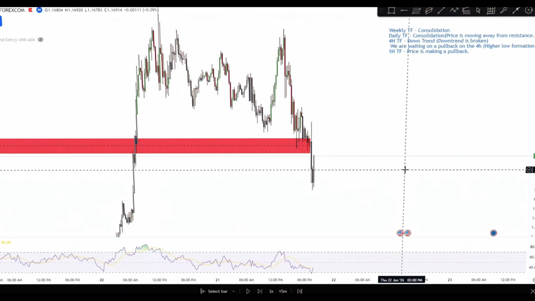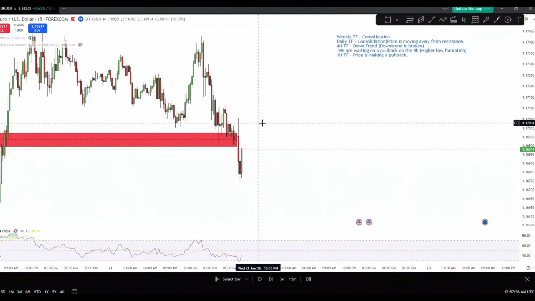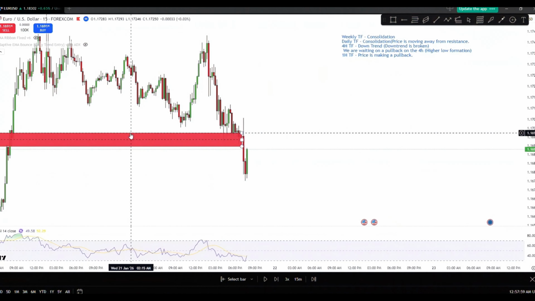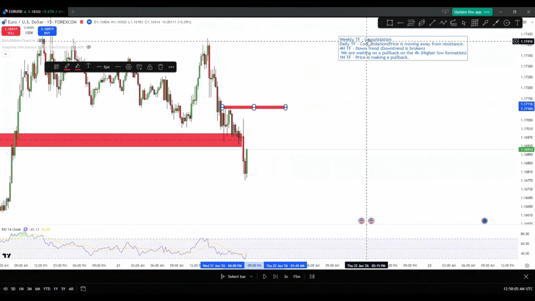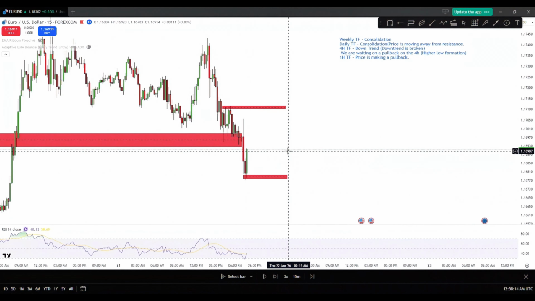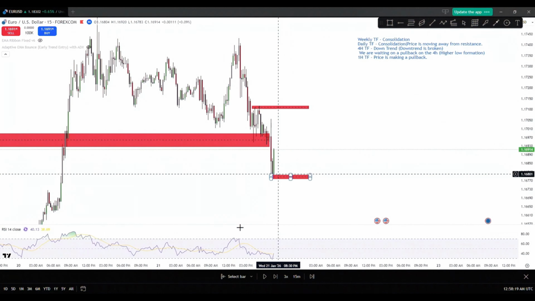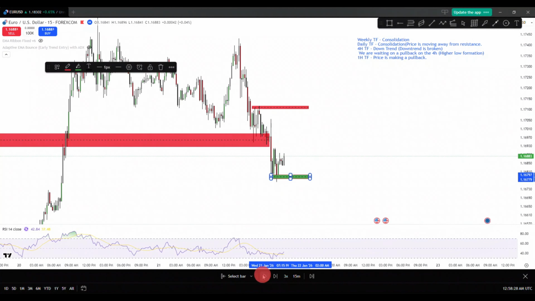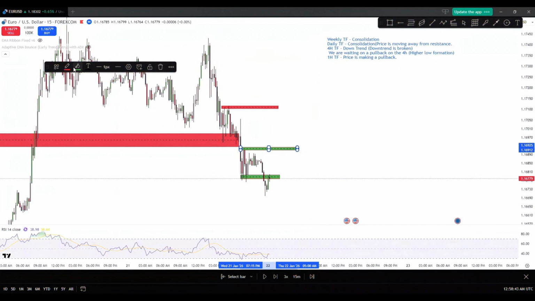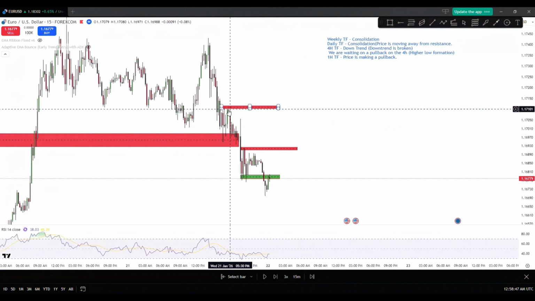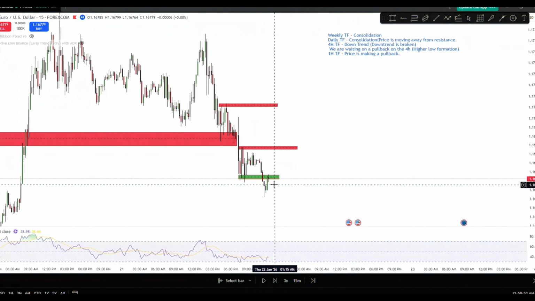All right, so on the 15-minute time frame, we can see that price is in a downtrend. You have lower highs and lower lows. This was the most recent high, and this is the most recent low. So we want to mark out those levels. And the only thing we're doing on the 15-minute time frame is waiting for levels of resistance to be broken. So let's see. All right, so this is now your new lower high. So now we're not watching this level, we're watching this one, because this is the most recent lower high, and we want to stay as close to price action as possible.